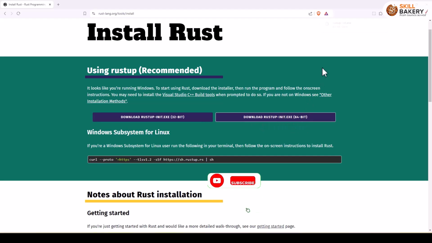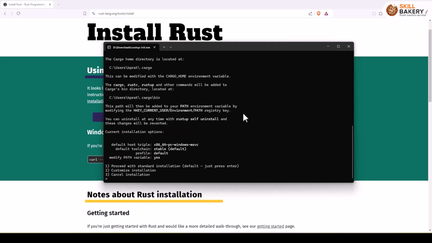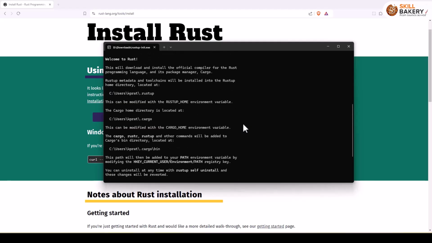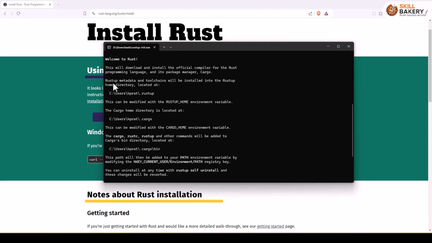Let's do that. Once downloaded, we need to execute it, and here you can see the command prompt coming up, and it says that we need to install the C++ build tools before proceeding. So let's go ahead and continue with yes. And here the next step, it shows what all has been installed. So if you scroll up a bit, it says welcome to Rust, and then the Rust metadata and toolchains